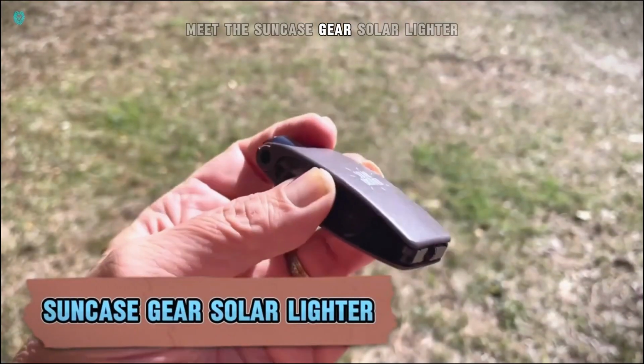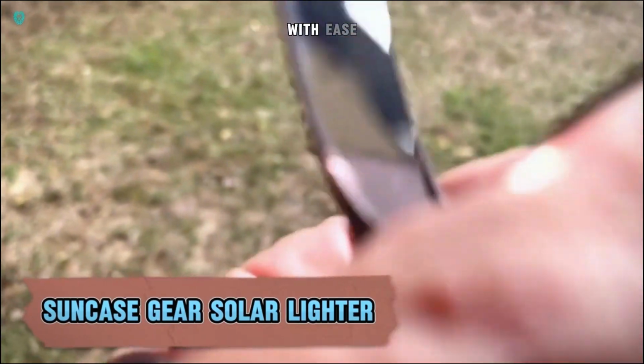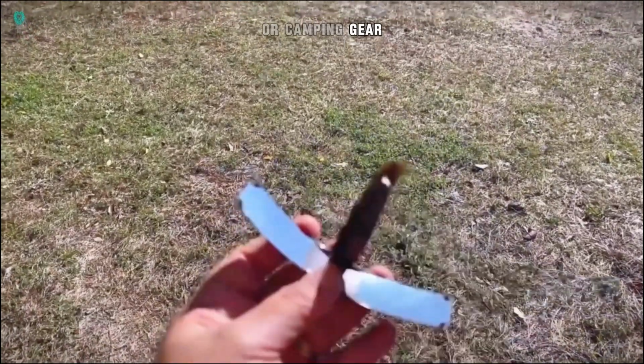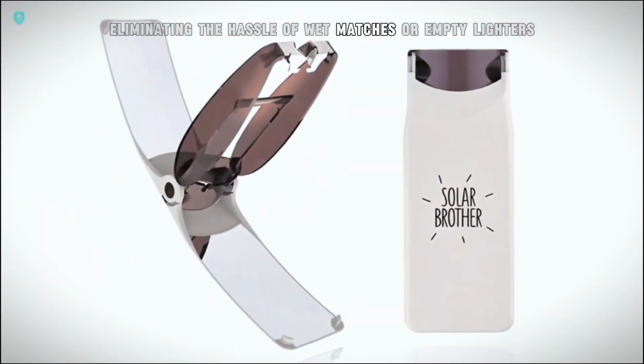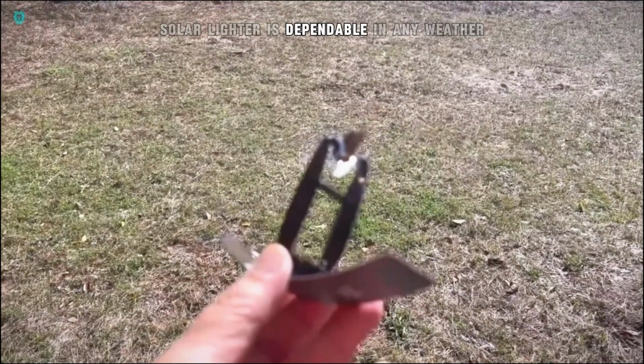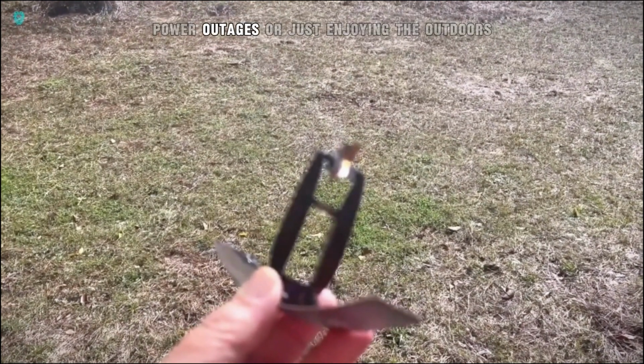Meet the Suncase Gear Solar Lighter, a clever tool that harnesses solar power to start fires with ease. It's an essential addition to any survival kit or camping gear, eliminating the hassle of wet matches or empty lighters. The Suncase Gear Solar Lighter is dependable in any weather, making it perfect for wilderness adventures, power outages, or just